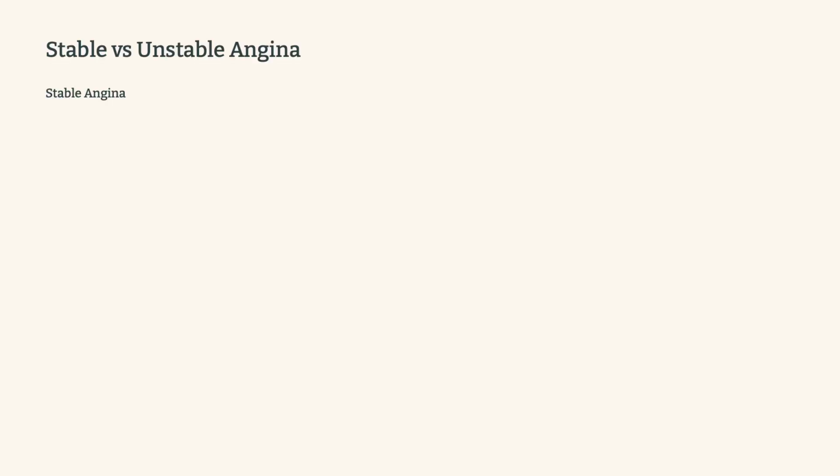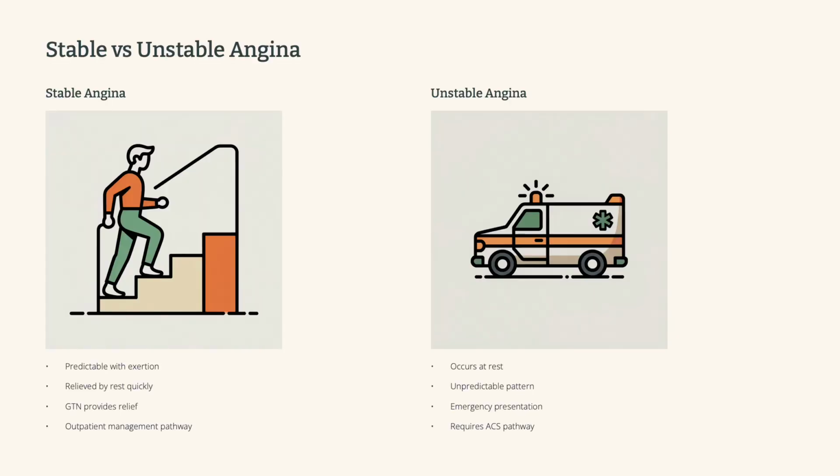Right. But then you have unstable angina, and that one is much less predictable and way more dangerous because it can happen even when you're resting or even sleeping. Oh, wow. So if someone's just chilling on the couch and they get chest pain, that's a red flag. Huge red flag. Unstable angina could mean there's a serious blockage in the coronary arteries, and that means the risk of a heart attack is much higher. That sounds scary. So unstable angina is definitely a medical emergency. Absolutely. No time to waste with that one. Okay, so we got stable and unstable.